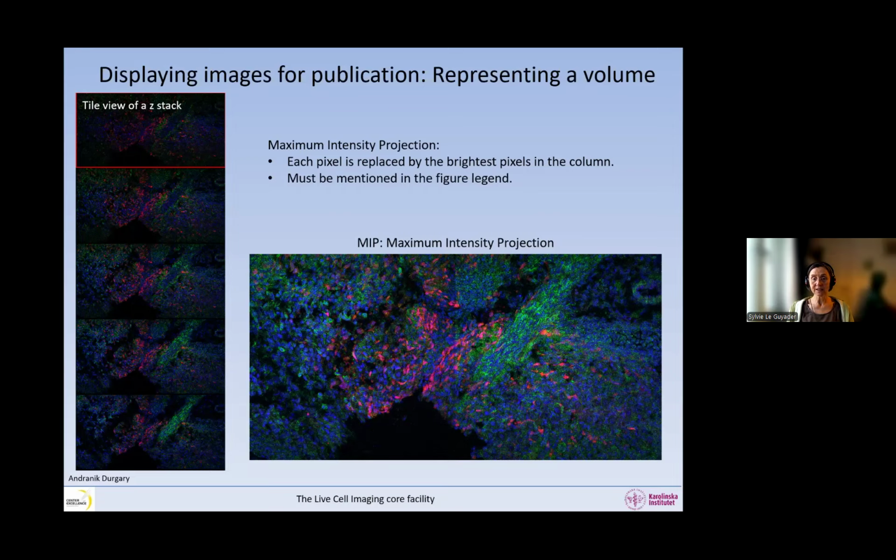So that's very nice. But if your objects are very crowded and your Z stack is a little bit much bigger than the objects, let's say, then you may have two objects that are in the same column of pixels, and there the brightest will show and the other one will just disappear. So depending on your image, on your Z stack, you can use a maximum intensity projection or not. Clearly, you can also make a video going through the Z stack and put this in the supplementary material.